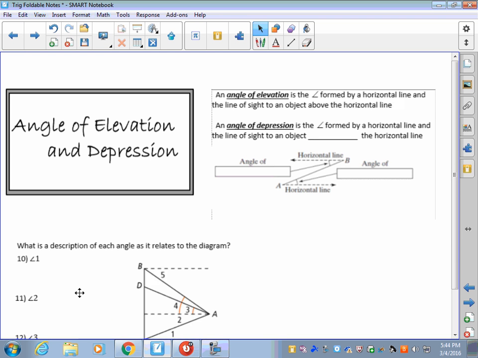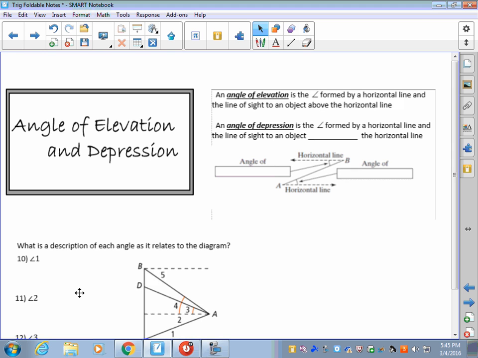Alright, so our last tab is angle of elevation and depression. You have to basically know the difference between the two and their relationship to each other. And you'll see this a lot used in word problems. So you are going to have some word problems that we're going to do, and that would be our second page, or the additional page after the foldable in our notes. Right now I just want you to understand the term and how to identify it correctly,